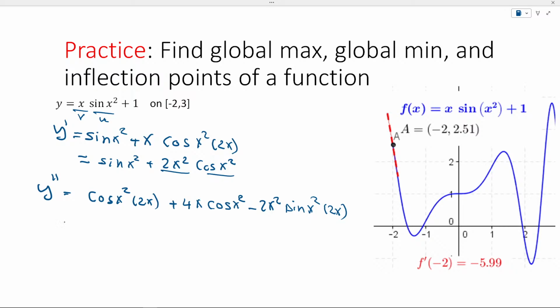So can I simplify this a little bit? Yes, we should. So how can we do this? We have 2 of this guy and 4 of this guy. So we have 6x cosine x squared minus, I just multiply, so